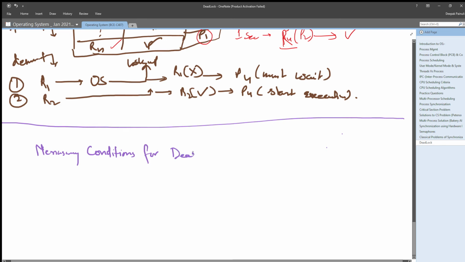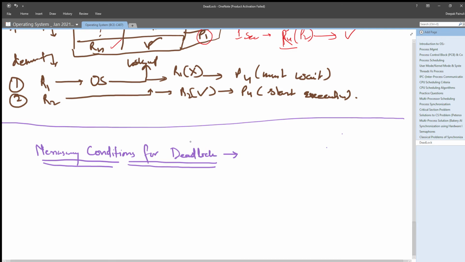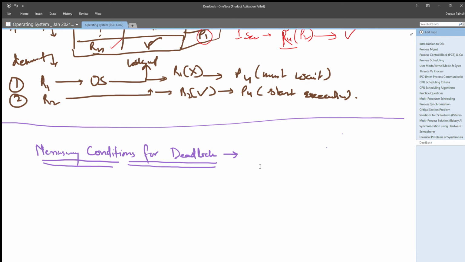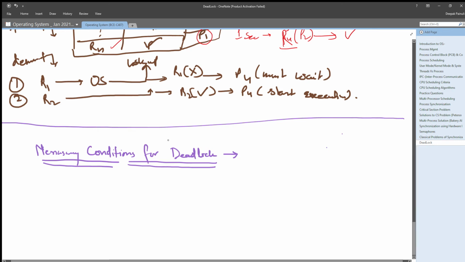What does it mean, conditions for deadlock? We have some set of conditions. If they happen, or appear simultaneously at the same time in the system, then only can we be sure that this is a deadlock condition in the system. So there are four conditions that must hold simultaneously for a deadlock to occur. Those are: